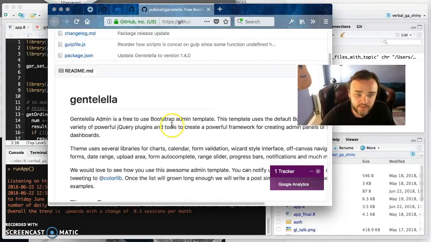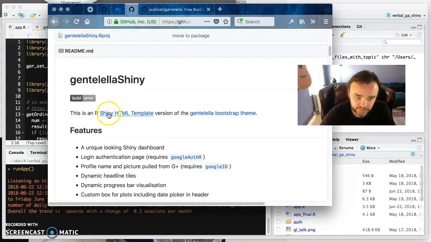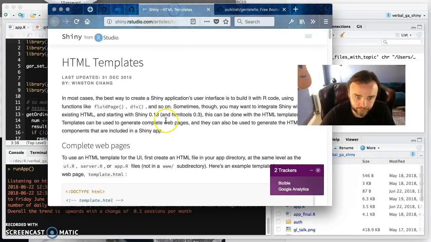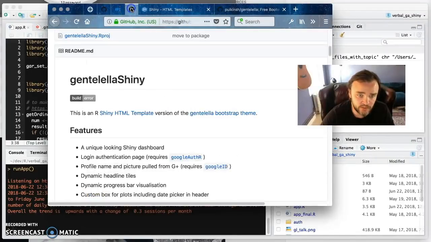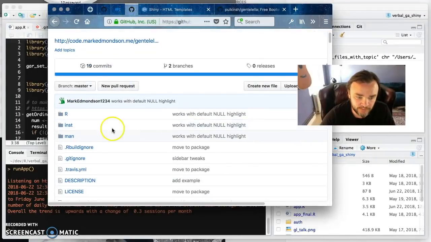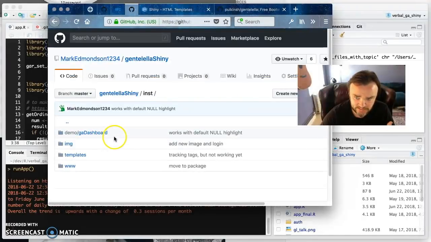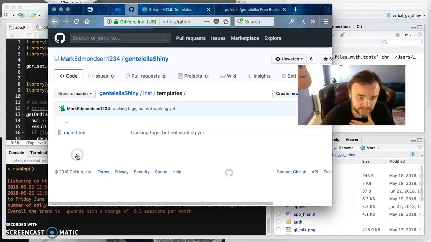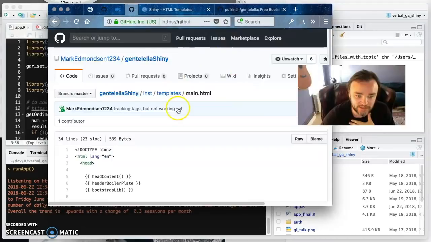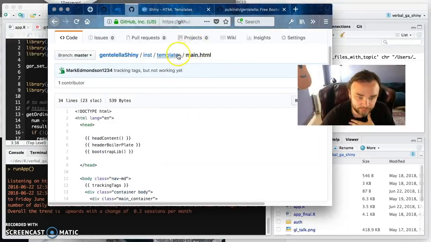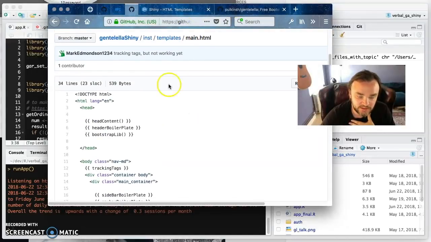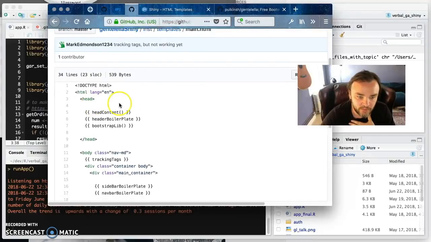And then I was looking at Shiny HTML templates, and so instead of the default Shiny that we all know and love, you can add an HTML template with your own CSS and all this. So what this package is, is it's taken the Gentelella bootstrap theme and